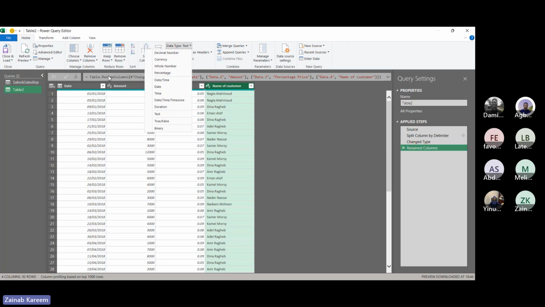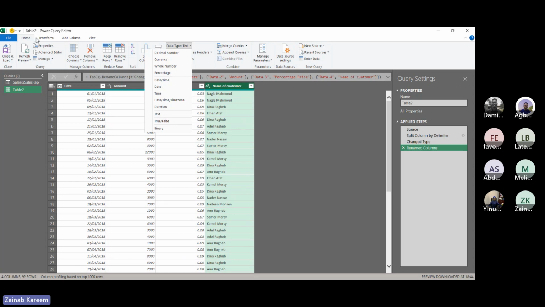For example, if this amount column is not in currency or whole number, I will not be able to perform any type of calculation on it. If Power Query is seeing this particular column as text, it will not be able to perform any calculation. So for calculation purposes, we have to detect the right data types